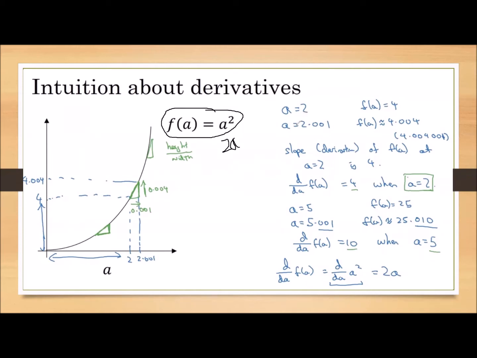So numerically, we are checking whether this is matching or not. a is equal to 2 initially we have taken and we have incremented a to 2.001. For a is equal to 2, f of a is equal to 4. For a is equal to 2.001, f of a is equal to 4.004. Now, if we take y2 minus y1 by x2 minus x1, then 4.004 minus 4 by 2.001 minus 2, the result is 4. This is the same result we are getting here because we have taken a is equal to 2. You can substitute a as 2, then we will get the same result.